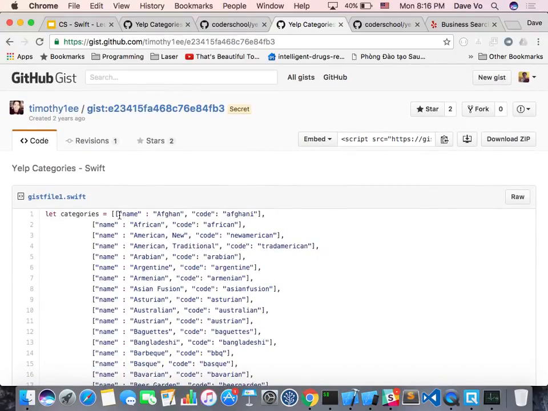So then this one is a dictionary, right? We have a name, and this is the value for the name, and then the code, and this is the code. So you use the name to display for the user, and we use the code to communicate with the Yelp API. Later I will show that one. For now, I just show you where you can get the categories. But let's get back to the